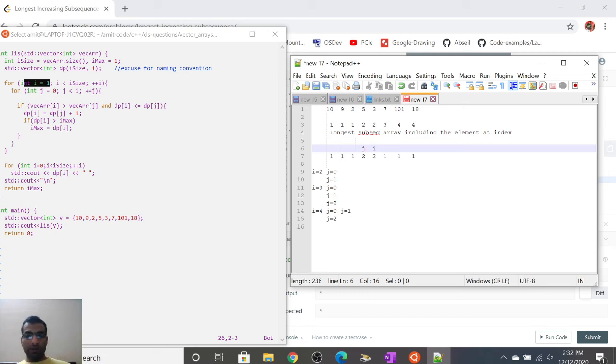In this case, now see, 5 is not smaller than 3, so in this case it will not happen anything, and we'll increment i here, and I'll just place j back here. So now in this case we have i equal to 5, j equal to 0, so nothing, because 0, 1, nothing will change. At j equal to 2, when j comes here, in this case 2 is smaller than 7, and also this dp array is equal to, so I'll just increment it by 2.